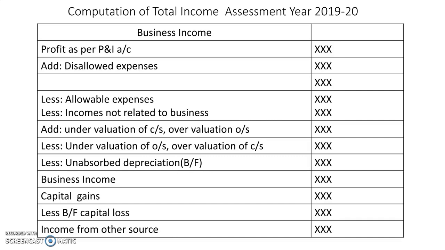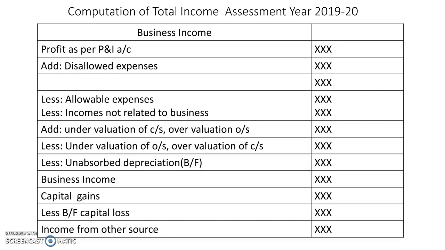And to that, you must add the disallowed expenses. Disallowed expenses means the expenses which are debited in the profit and loss account. You can make an assumption of the profit and loss account in your mind. Debited in the profit and loss account means the debit side, which comes on the left hand side, and all the expenses which are debited in the profit and loss account. You should make some assumption about which are business expenses and which are not business expenses. The expenses which are not business expenses should be disallowed here.